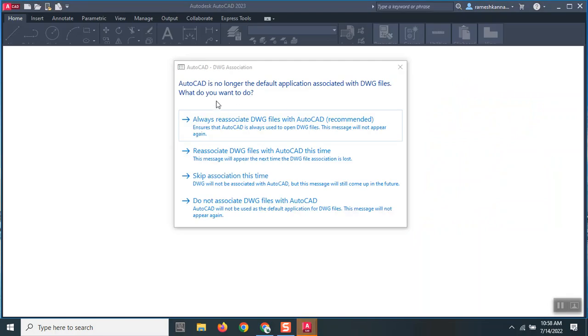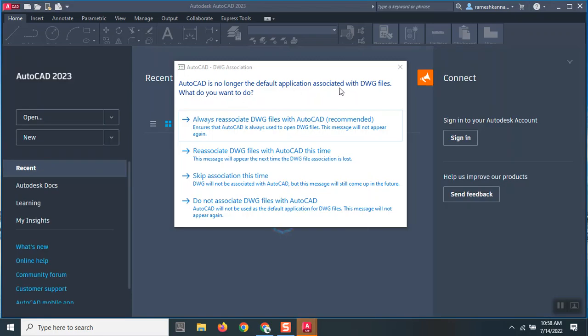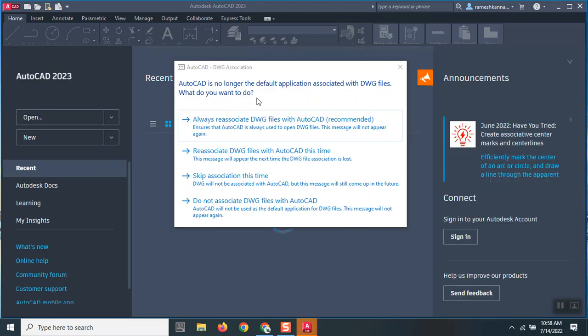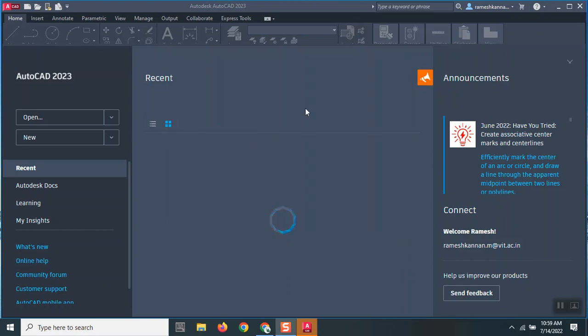Alright, so you can see AutoCAD is no longer the default application associated with DWG files. So now what you can do is click always reassociate with the file. It is recommended. Or you can reassociate drawing files with AutoCAD this time alone, or skip this association, or not associate. That would be illogical because we will be looking into the DWG files in AutoCAD itself, right? So only with AutoCAD. Since I've not installed the software earlier, but I do have DWG files, that's why this prompt appears. So I just click on this recommended option. Once that is done,